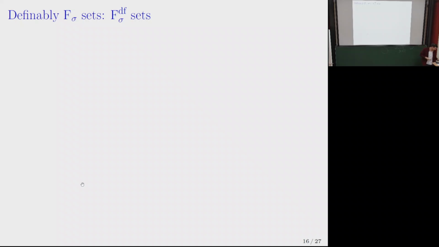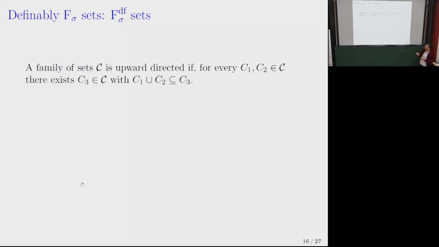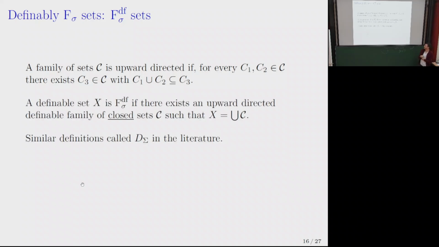The second thing is finally F sigma sets. F sigma comes from topology: F is for fermé in French, sigma for sum. They are countable unions of closed sets in topology, and we want a definable version of this. Say that a family of sets curly C is upward directed if for every two sets in the family there's a third one that contains their union, and say that a definable set X is definably F sigma, but I'm just going to say F sigma,